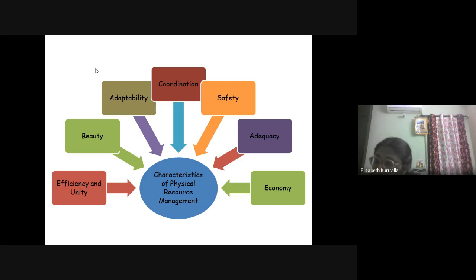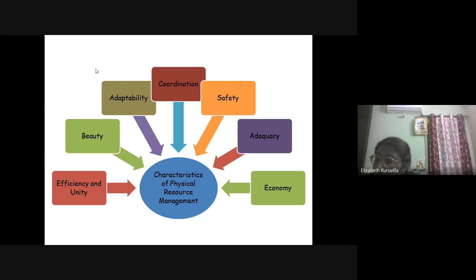Then we can see that efficiency and unity: the whole campus must be planned in such a way that the management is efficient and convenient. Then efficiency and unity is important, and coordination is also important. So coordination: all the sections of the school campus must function separately but be connected mutually.